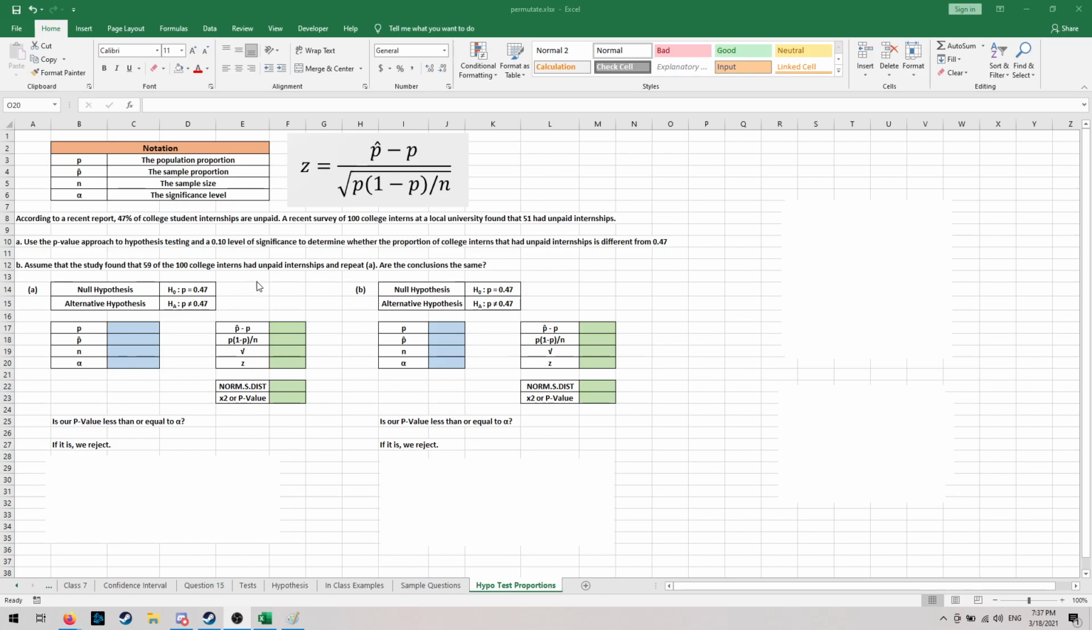So the first thing we're going to do is we're going to just read the question and pull out all of our variables. So the population proportion, we're told that that's the 47% of all college students everywhere in, let's say, Canada. So we can fill that out. That's 0.47, or 47% expressed as a decimal. Next, we need to know the sample proportion. So this is the proportion of people in our sample who had unpaid internships. So we can press equals, and 51 out of 100